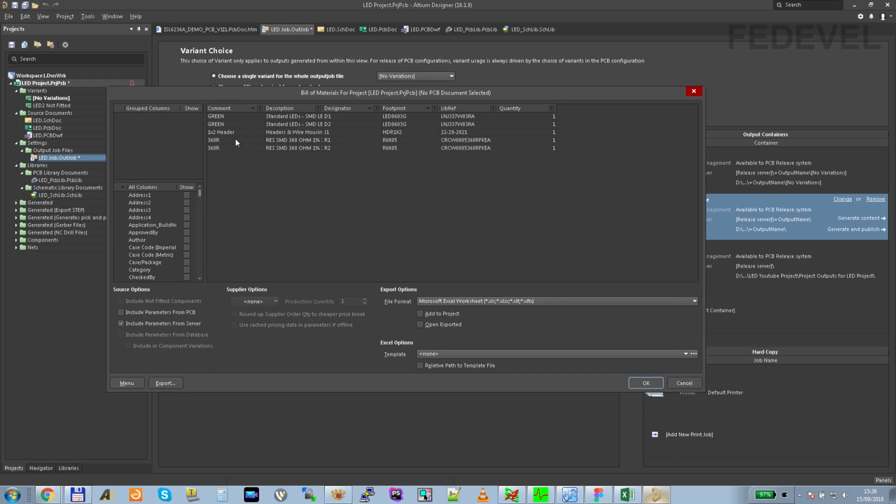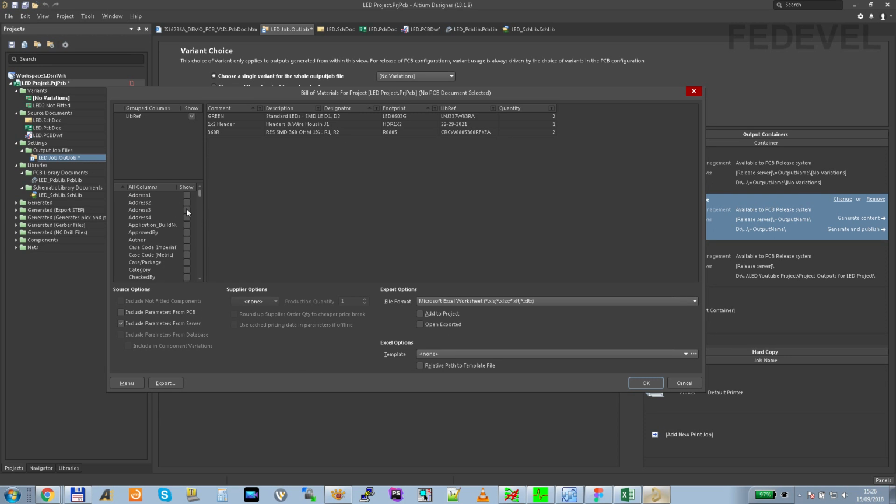We are going to group all these components based on libref. So find libref down here. Here it is, left click here. Now press left button, hold it down, and move it up. Libref is basically the component name, so all same components will be grouped together. This will help you to show, for example, how many LEDs we need on our PCB, how many of this kind of connector we need on our PCB, how many of these 360 ohm resistors we need on our PCB. Okay, so this means all 360 ohm resistors are going to be grouped together.